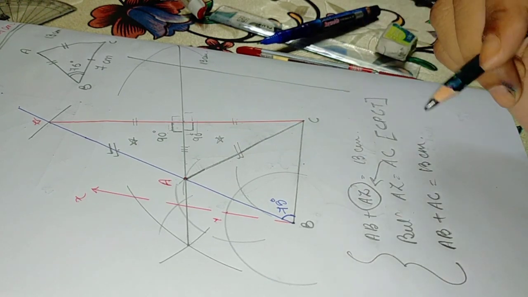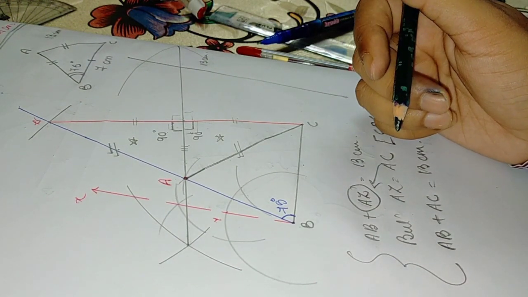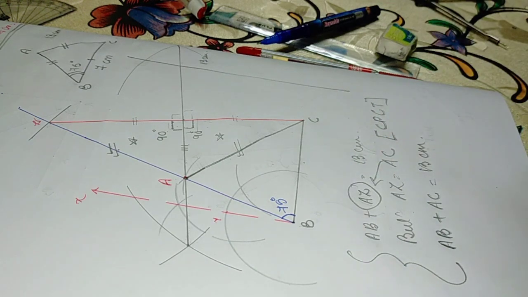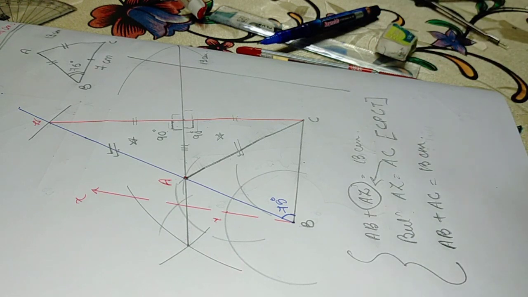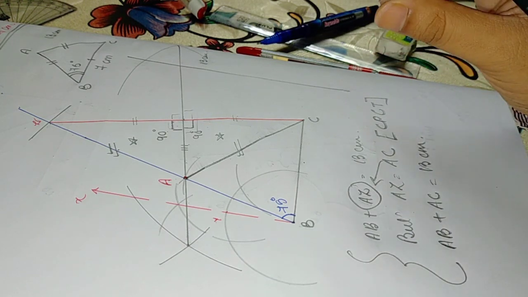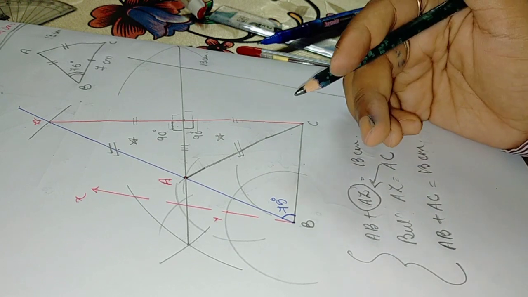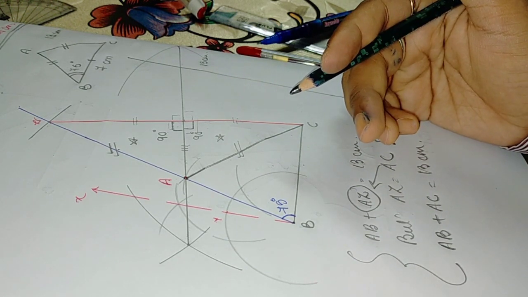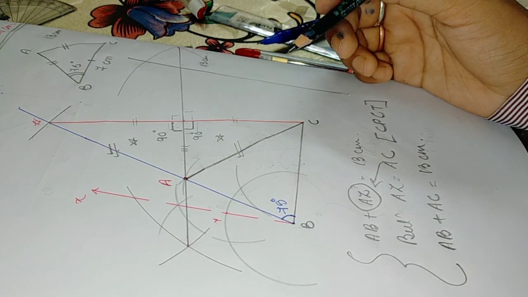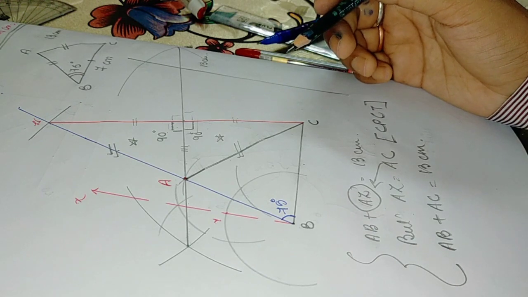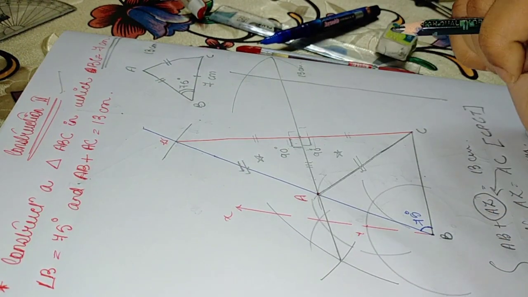So that day, in my first video of construction, the first part of construction, what I have said is that however you are drawing the diagram, in the very simplest manner you have to express how you have drawn it in ink. You have to express it in ink, as simple as that. Whatever you are doing, that and only that, the very same thing you have to write down. Is that clear? Okay, with this part, this particular question is over.